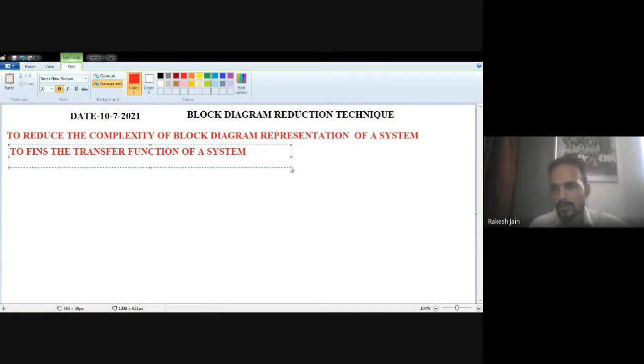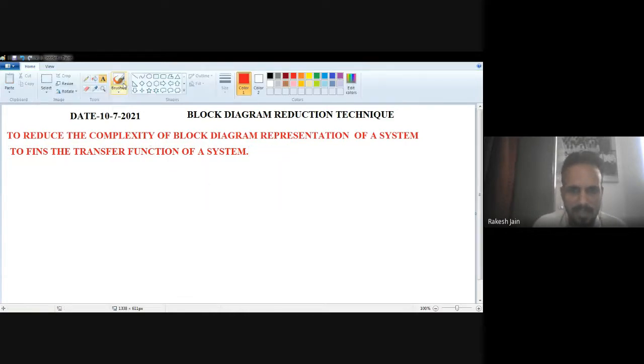It means a control system. And transfer function, I have already taught you. Generally, the output is represented by C(s) and the input is represented by R(s). The ratio C(s) upon R(s) is known as the transfer function. Instead of C(s) and R(s), if some other abbreviation is there, you should remember that the ratio of the output divided by the input for any control system is known as the transfer function of that system. Okay, so block diagram reduction techniques contain some rules.